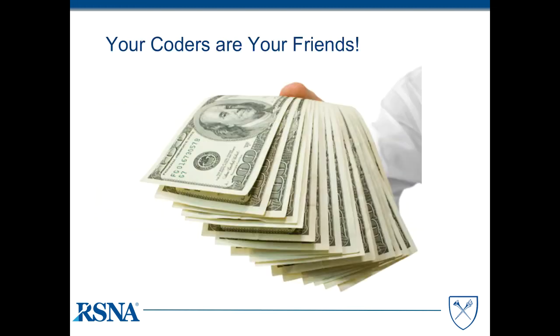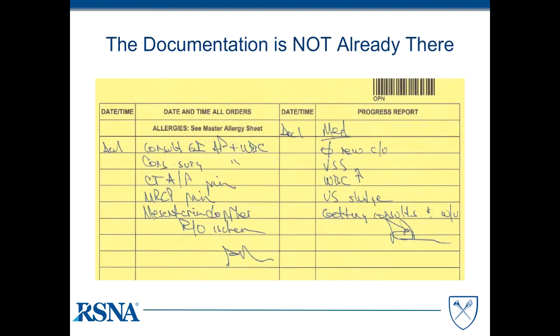Your coders are part of your team. They're your friends. And so when a coder calls you up and says, Dr. Duszak, there's a question I have about your report. You documented something, I don't quite understand it. Or better yet, they're coming back and saying, you say this way. Would you consider it saying this way if that's what you really mean? Because it'll be clearer to me. Don't hang up on them. Take those phone calls. Thank them for calling you. Because effectively what they're doing is they're handing you money by providing you that important advice. Simply responding back that the documentation is already in the chart